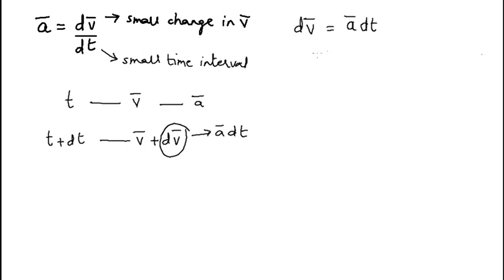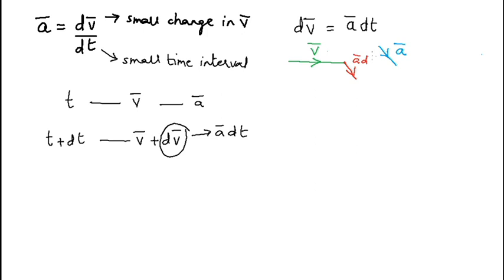On the other hand, let's draw a situation where a bar is not parallel to v bar. My initial velocity may be this vector v bar. Now let's imagine that a bar is at some angle to v bar, which is neither 0 degrees nor 180 degrees, like that. In that case, the change in the velocity, that is a bar dt, would also point in the same direction as this blue vector a bar, and so I'm going to draw the change in the velocity starting at this point. So I'll draw a bar